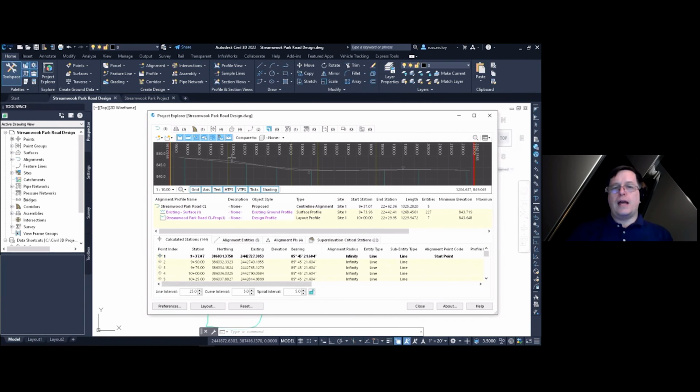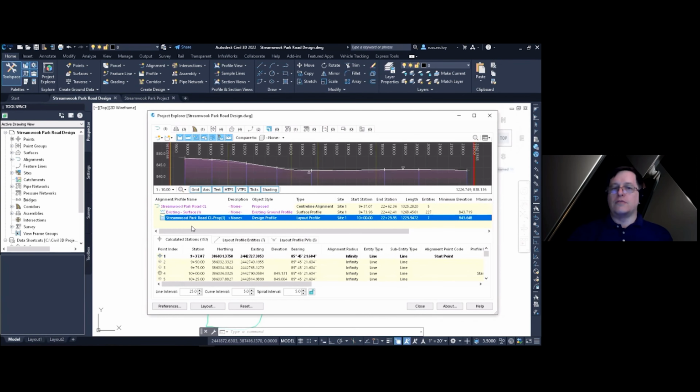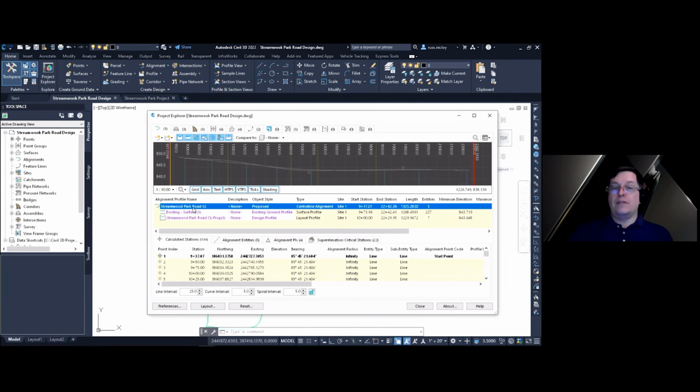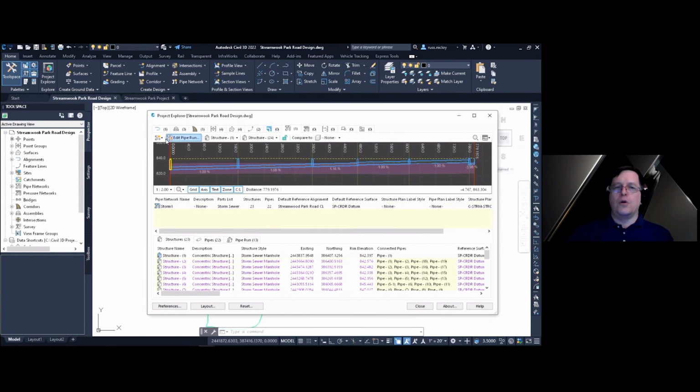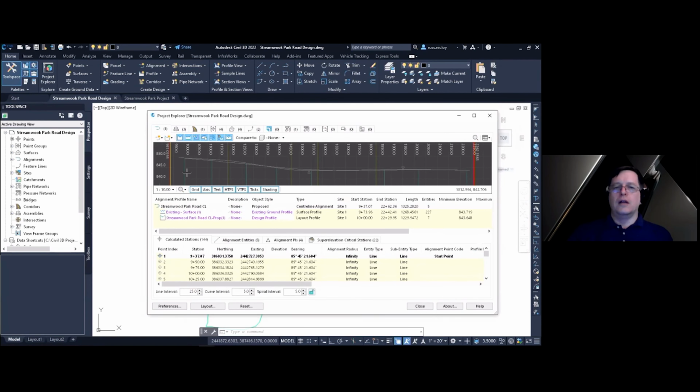So right below that information there is the preview window. Now, this is the one that I think is really important, has really helped me out in projects recently, in fact. This area gives you another view of the object. Like this, I have alignment selected, but if I select on profiles, I can see the profile data that's related to that alignment. Even when I have the alignment selected, I can still see the profiles, they're just not highlighted. The same is true with assemblies and corridors. I'm going to go over to pipes, and you can see those showing up in this area here.